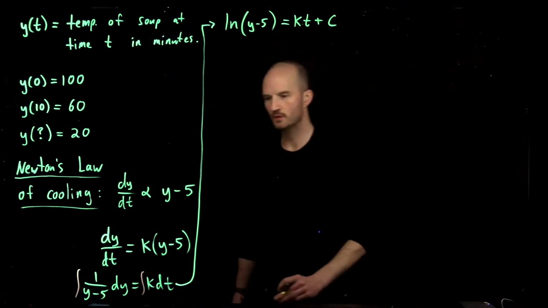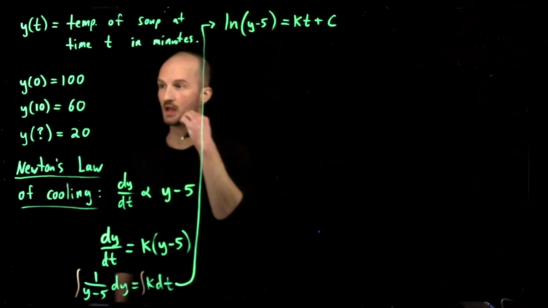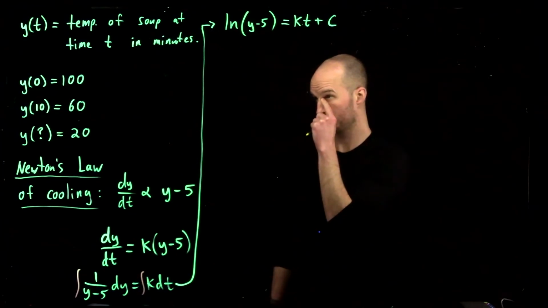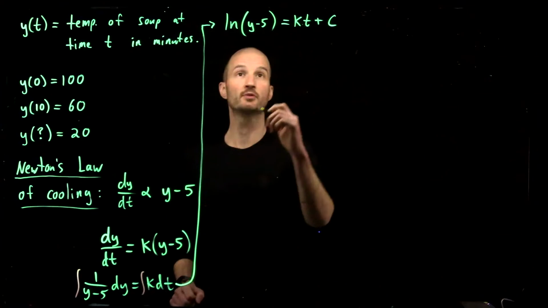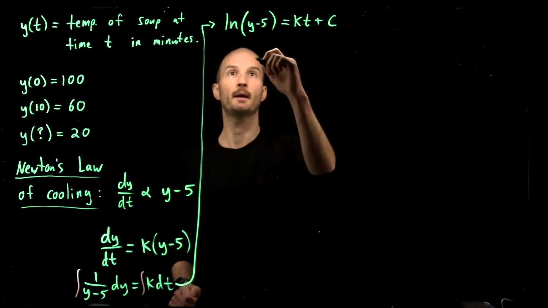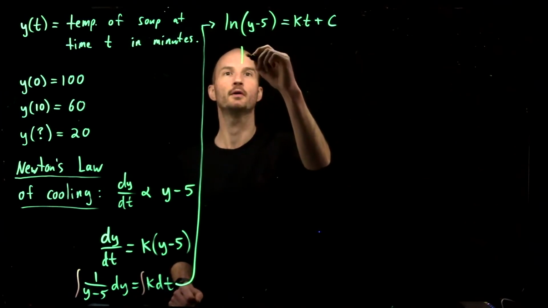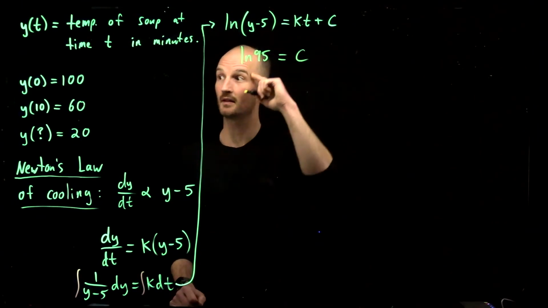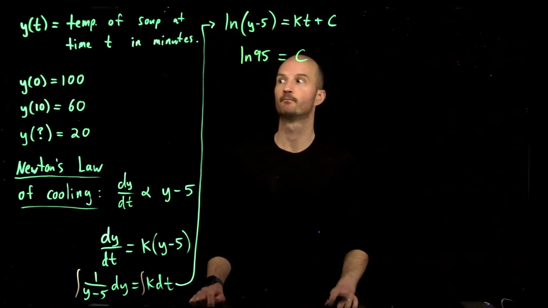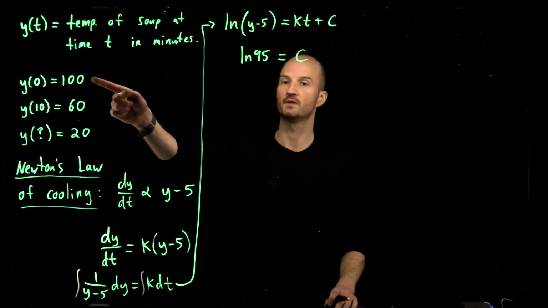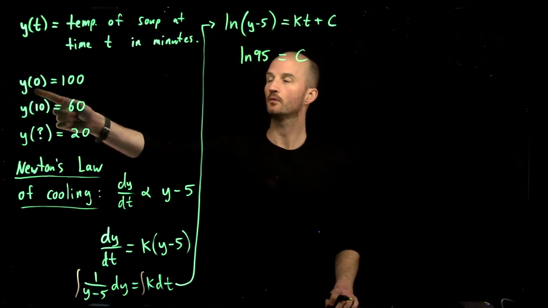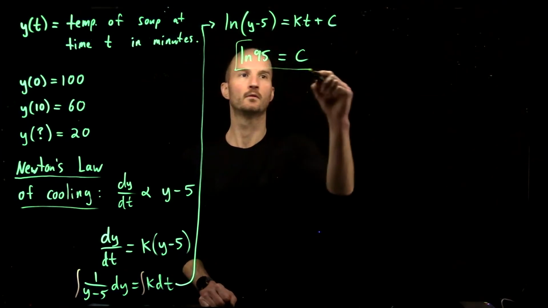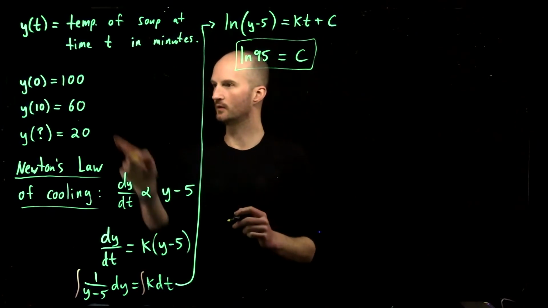Okay, so I want to find constant k, constant c. I use my two pieces of information. So initially, temperature is 100, so we get ln of 95 is c. That's from this guy here, plugging in t is 0, y is 100. And then what else? Using this one,